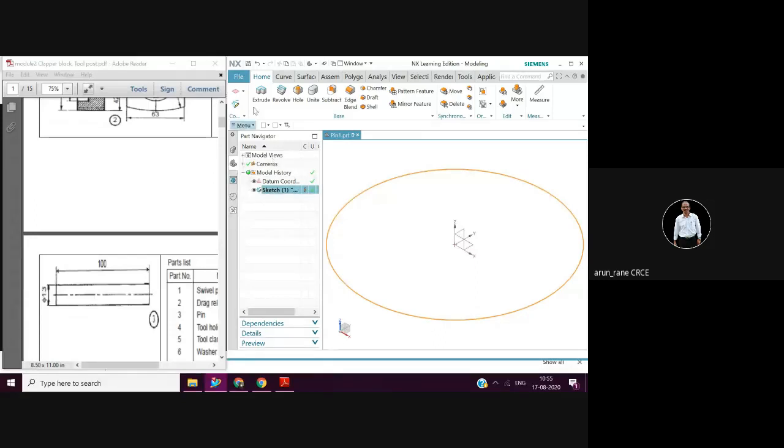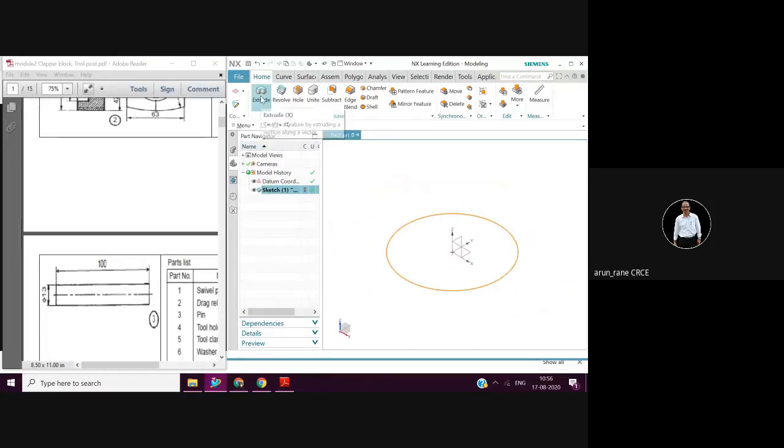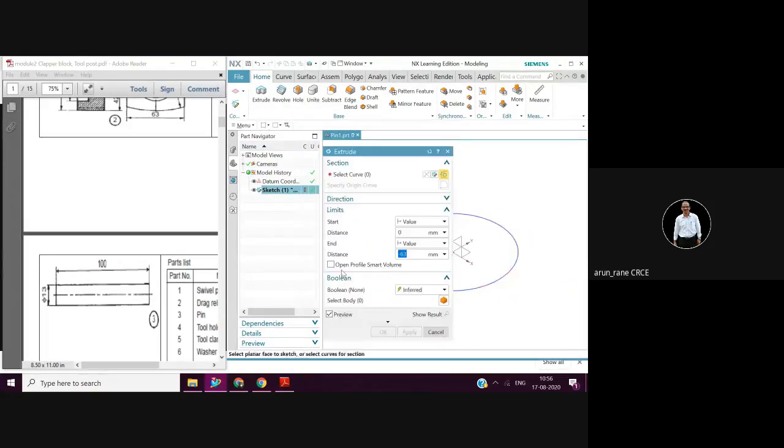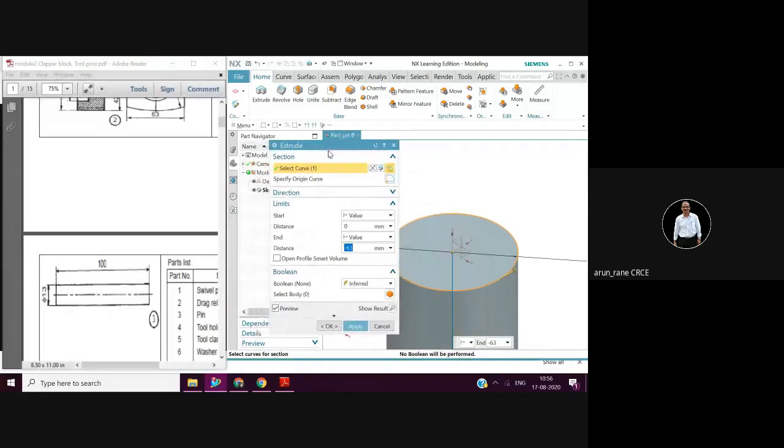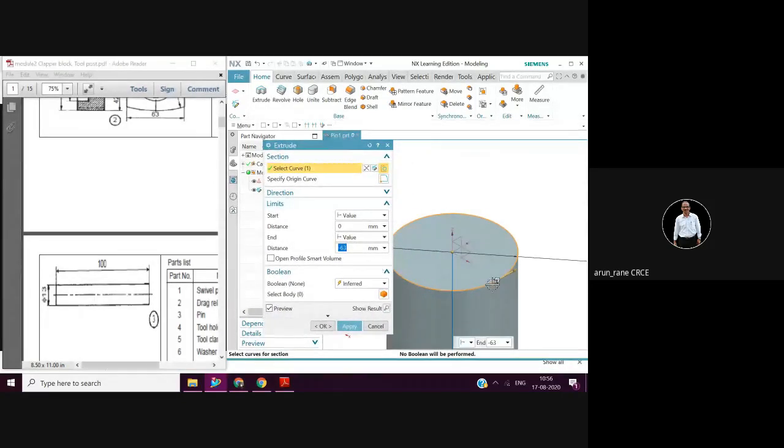Now the moment you say finish sketch, that flag has disappeared. Now you get various options here. So to extrude now, I'll zoom in a little and go to extrude. What is the length of the pin, Renan? 100. Okay, so now I'll extrude. So you can move it. So now see x, y, z. If I say z plus, it will be in this direction. If I say z minus, it will be in this direction.